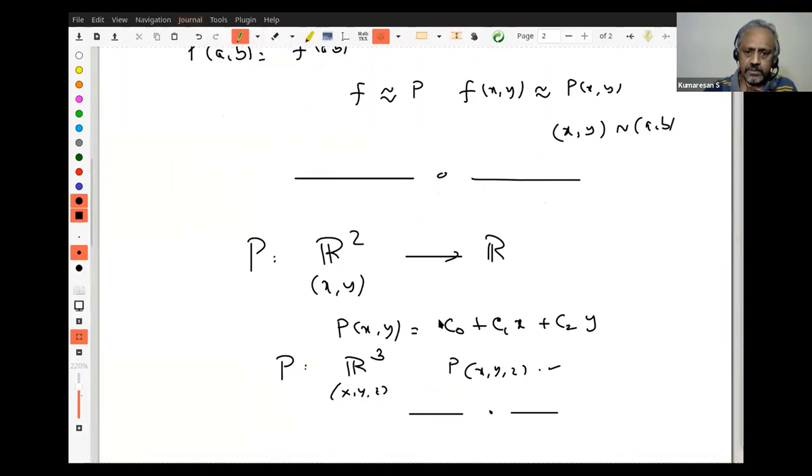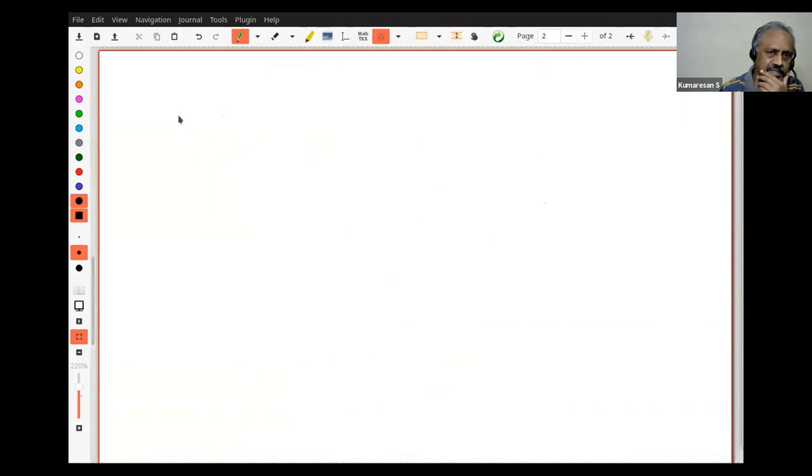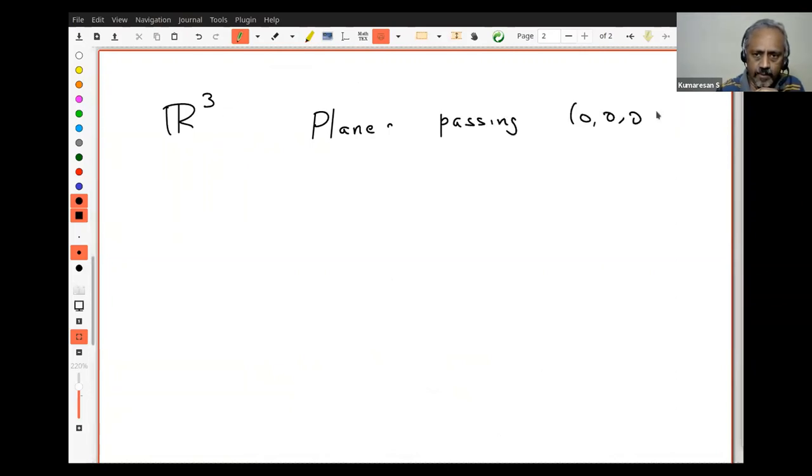But I want to go to another thing now. Let us start with R3, right? How many of you know what is meant by a plane passing through origin? All of you know that, right? Because whenever it comes to R3, students are always a little silent. So it is given by the equation. What do you mean by it is given by the equation? See, a plane is a subset of R3. Therefore, this plane, call it P. This is no more a polynomial now, right? This plane P is a subset of R3.